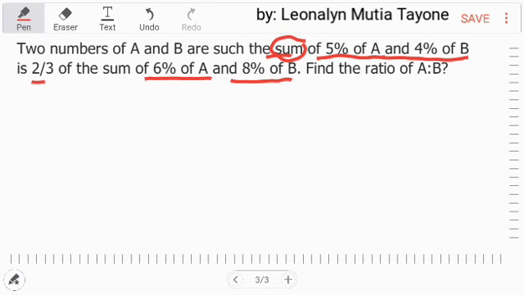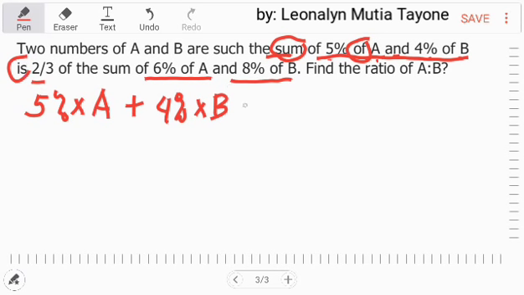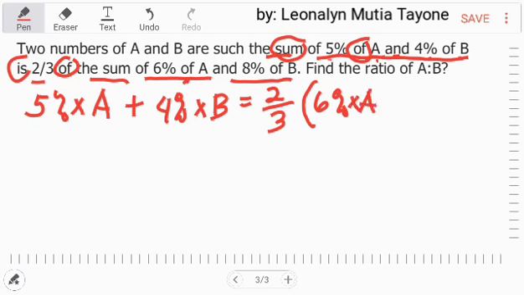The sum of 5% of A and 4% of B. Ibig sabihin, 5% of A plus 4% of B. 5%, ang of multiplication yan siya, A plus 4% of B. Next is 2/3 of multiplication yan siya. 2/3 of the sum. So, i-multiply mo si 2/3 sa sum of 6% of A, yung of multiplication yan siya,